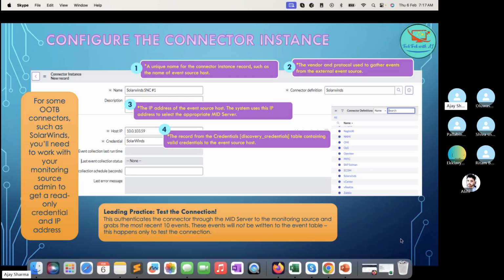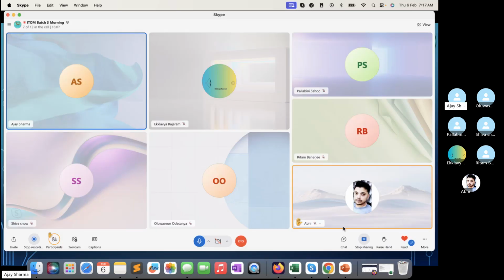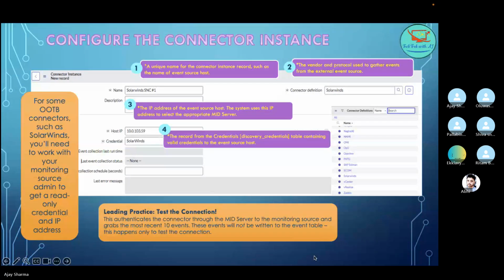I can see someone raise hand. Yeah. So yes, Abhi, you raise your hand. Yeah, Jay. So in the last slide regarding the authentication types,